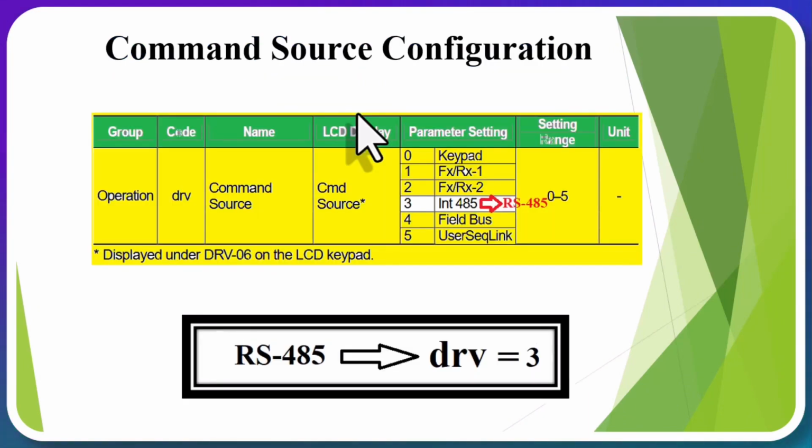In previous videos, we mentioned that if we want to perform start and stop of the inverter from the keypad, we need to set the DRV parameter in the operation group to 0. Today, we want to do this through the network, meaning we don't want to use those red and green buttons on the inverter's keypad to start and stop it. Instead, we want to perform start and stop through the network and using an HMI. So, in order to start and stop inverter 100 via the network,